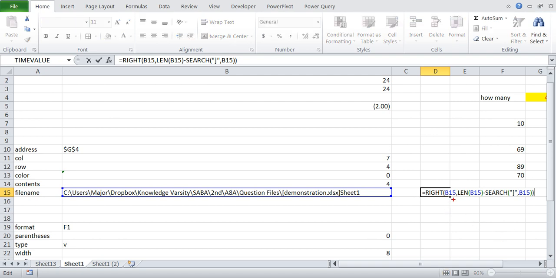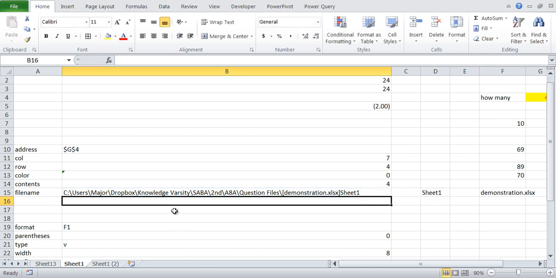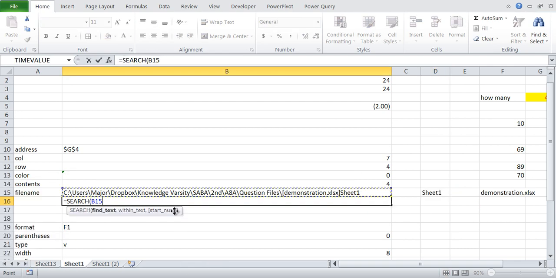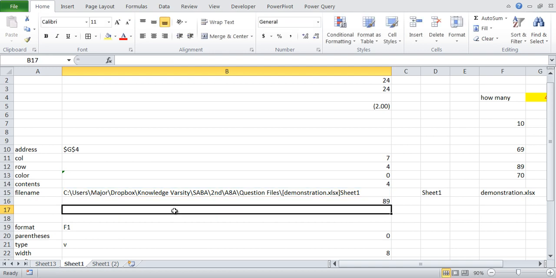I will search in the cell B15 for the square bracket. Let's see, we use FIND to search for the square bracket within this text. It has given me 89.